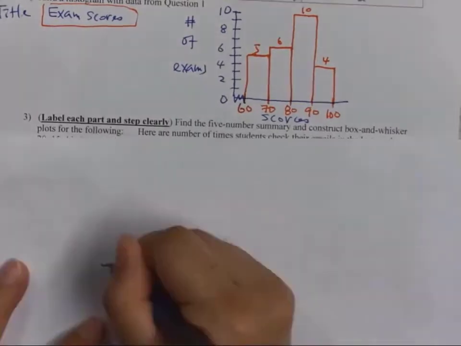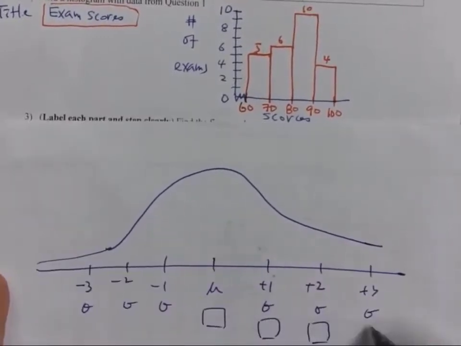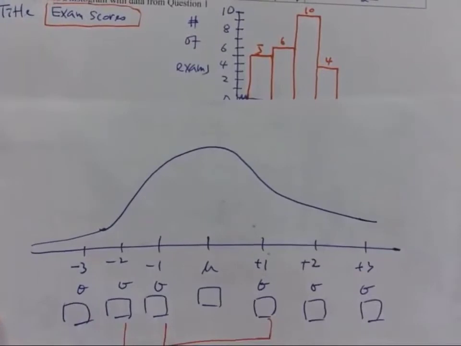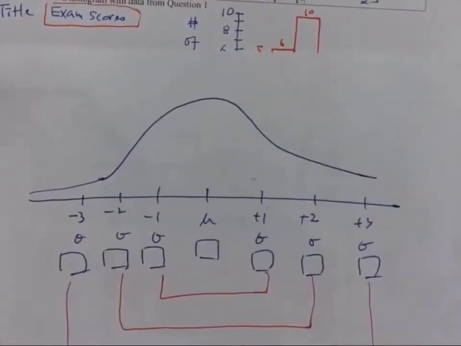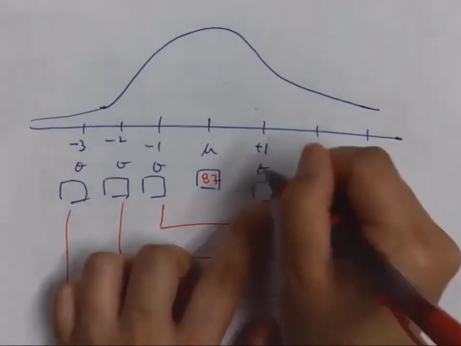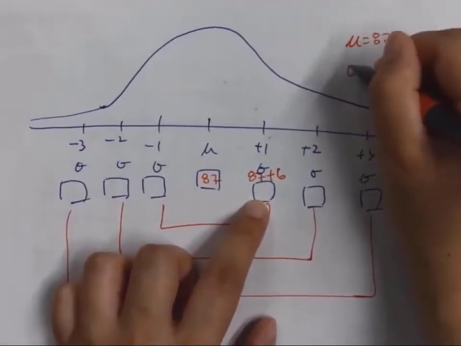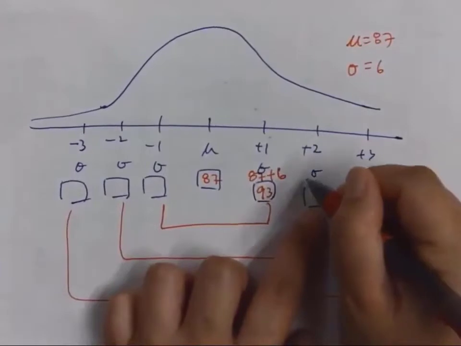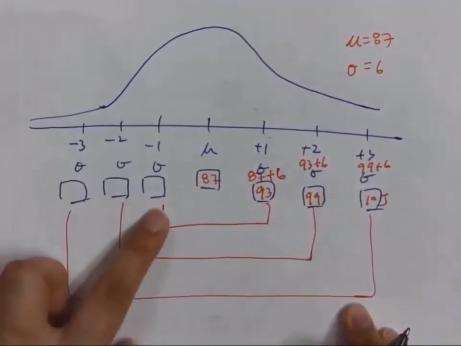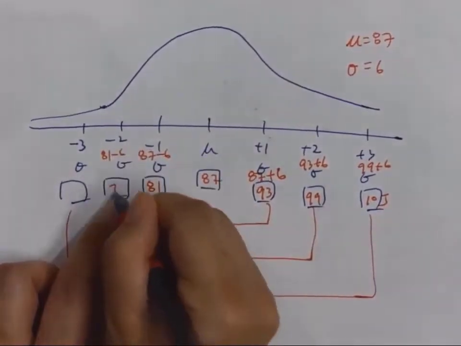So build me a bell curve. Okay, what is the mean? 87. How about over here? Because it's 87 plus what? 6, okay. Because the mean is 87, the standard deviation is 6, right? So you got 93, and then 93 plus 6 is 99, plus 6 is 105. Over to the other side, 87 subtract 6 is 81. Subtract 6 is 75. Subtract 6 is